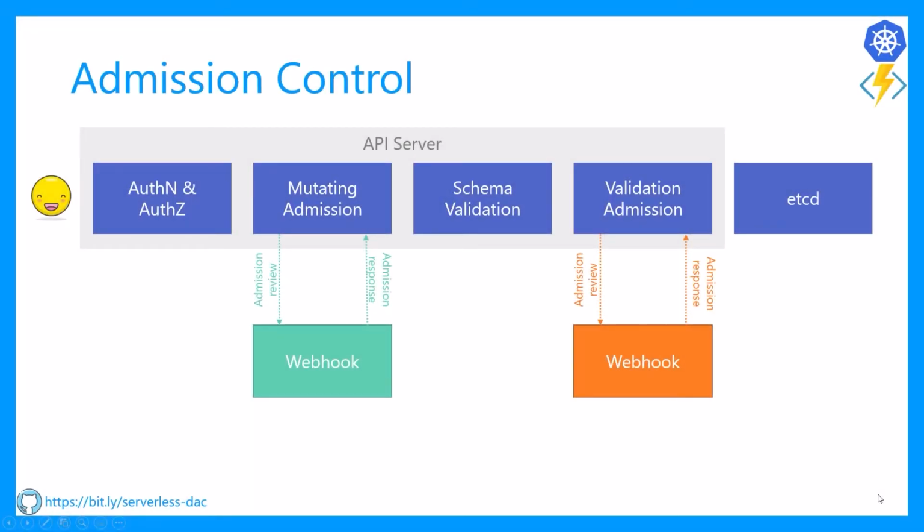Before we proceed with the demo, let's take a few minutes to understand how your API requests made through the Kubernetes CLI, which is kubectl, make their way through the Kubernetes API server. Every API request to Kubernetes is first authenticated and authorized. There are several types of authorization modules available in Kubernetes. For example, attribute-based access control allows authorization rules to be configured via local files, and role-based access control allows authorization rules to be configured via the Kubernetes API.